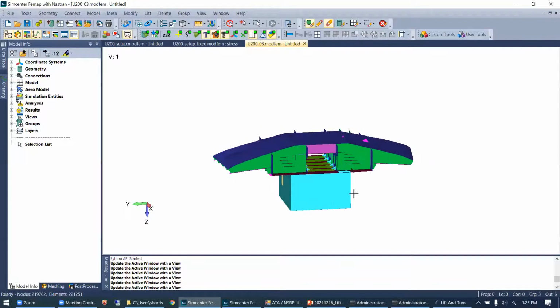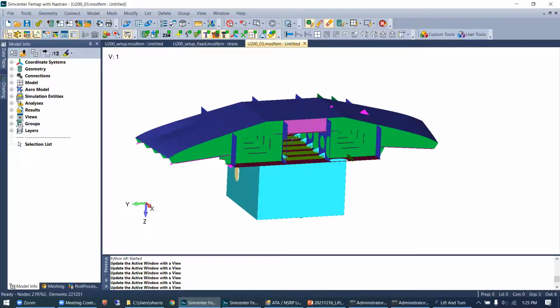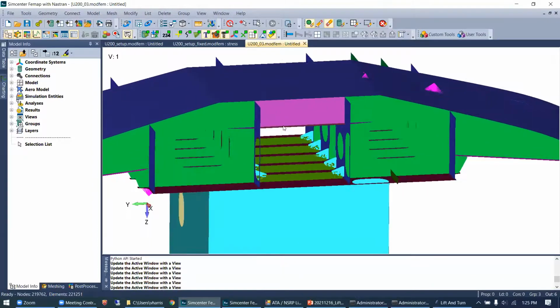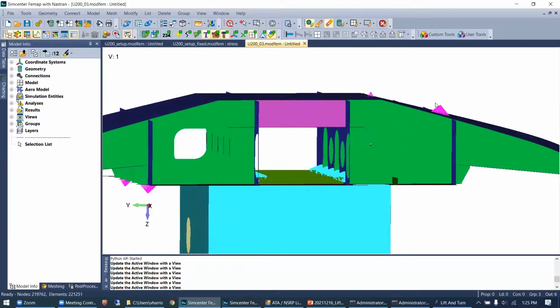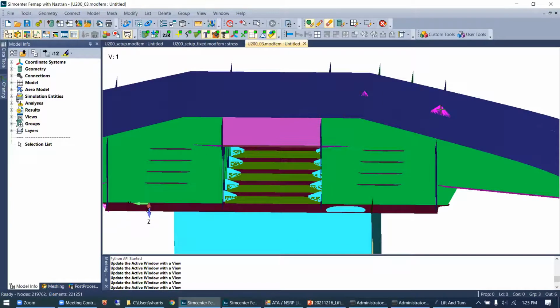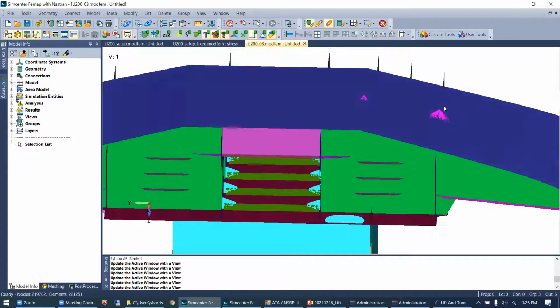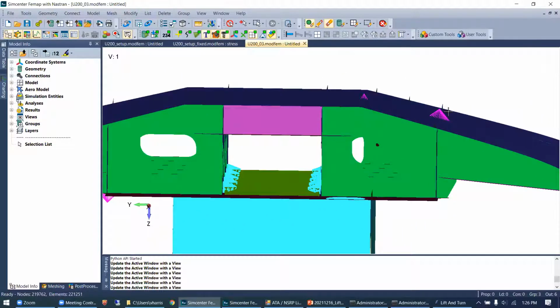So this is my ship section Femap model. I've already meshed this, but I turned off element borders because it's kind of busy otherwise. I have modeled our lifting lugs with RB2 rigid spider elements. If you wanted to model these with the 2D or 3D mesh, you could do that too. But we used RB2s because generally when you're lifting, the lugs and the chains and the cranes are going to have,